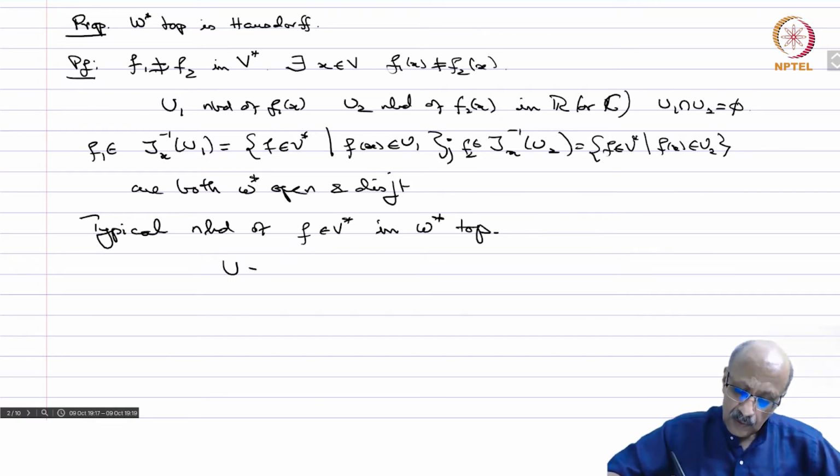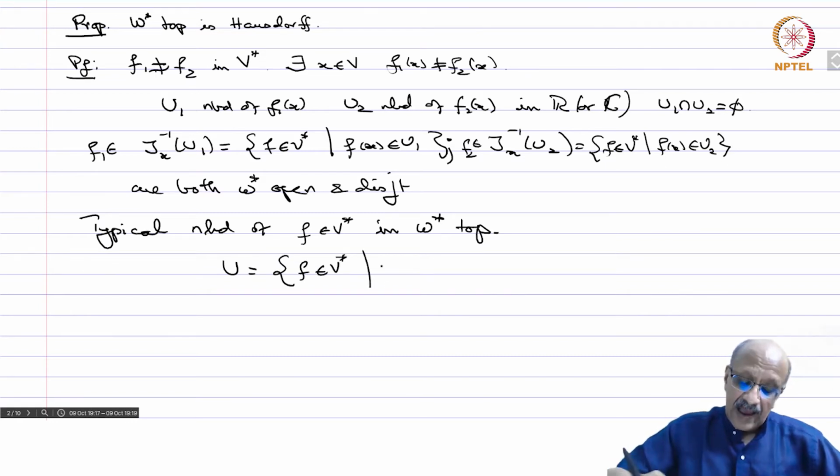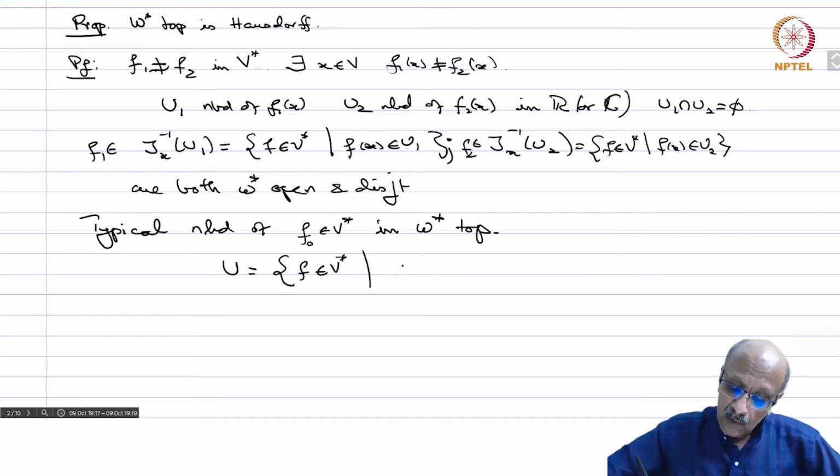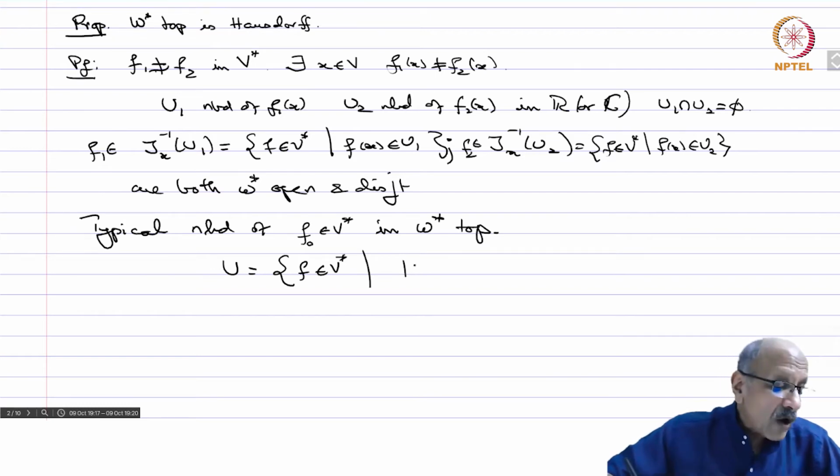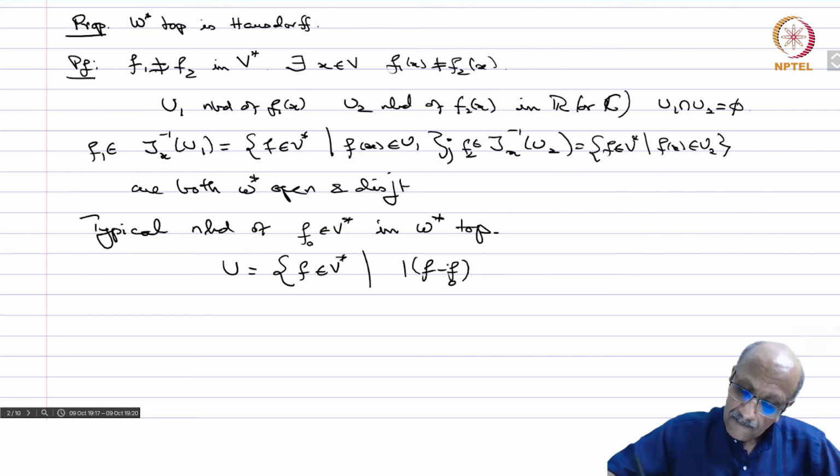So U must be the set of all f in V star such that, just as we had for the weak neighborhood, mod of f minus f naught at xi is less than epsilon,